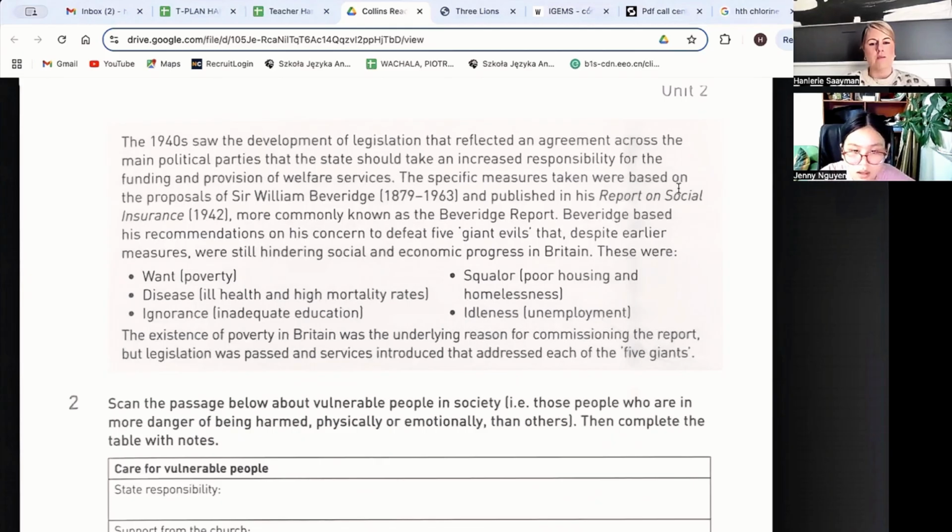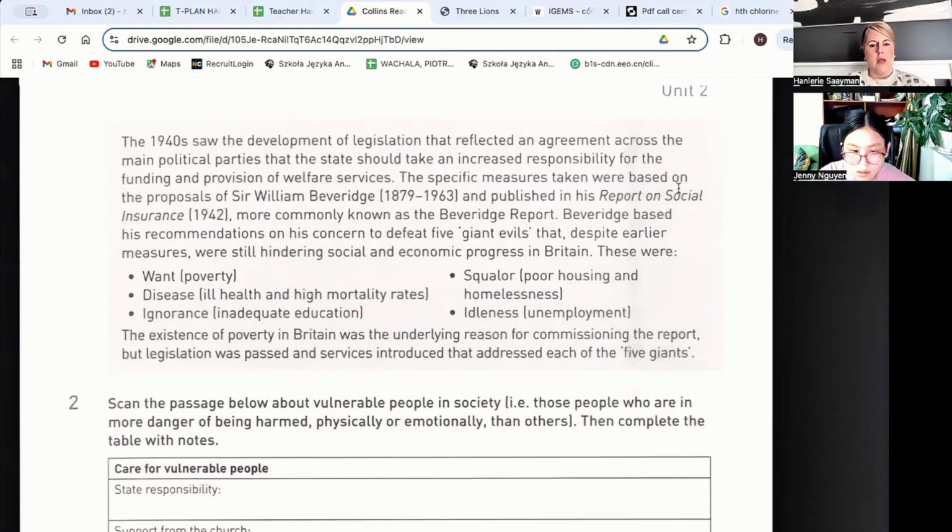More commonly known as the Beveridge Report, Beveridge based his recommendations on his concern to defeat 5 giant evils that, despite other measures, were still hindering social and economic progress in Britain. These were want, poverty, disease, ill health, and high mortality rates, ignorance,